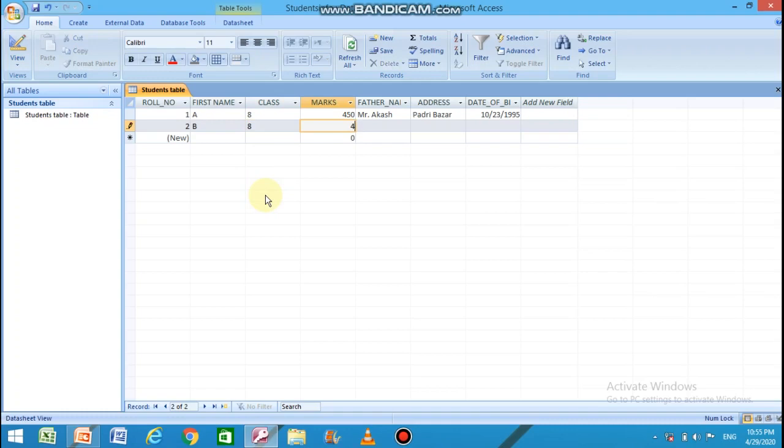Total marks 490. Mr. Suresh. Aswan Chalk. Any date, 12/10/19. So in this way students, you can enter records into the table.